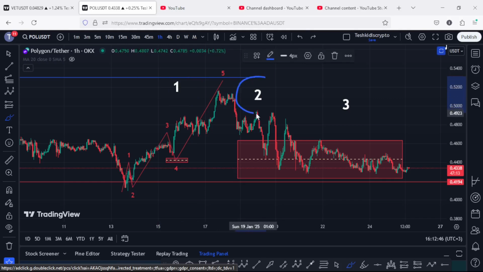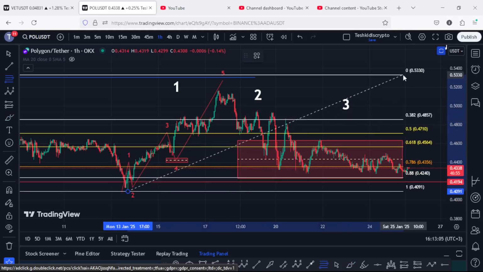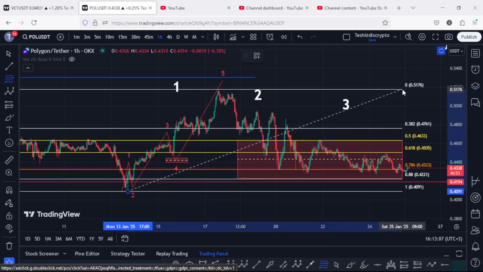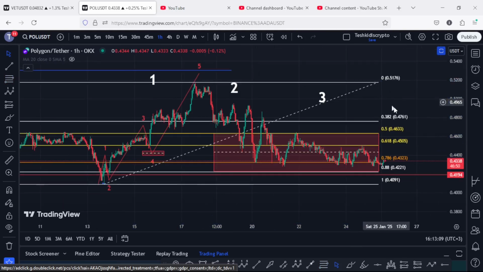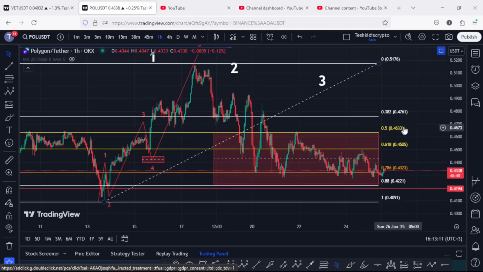And having peaked in the formation of that first wave, I was expecting a bit of a breakdown move in the formation of this wave 2, whose minimum target areas I have marked on the charts using this red target area, an area that I came up with by connecting the fibs from the low of the first wave to the high of this wave 1. So connecting the fibs from the low of the first wave to the high of that wave 1, you can see that my target area for the second wave lies between the fib level 0.5 and the fib level